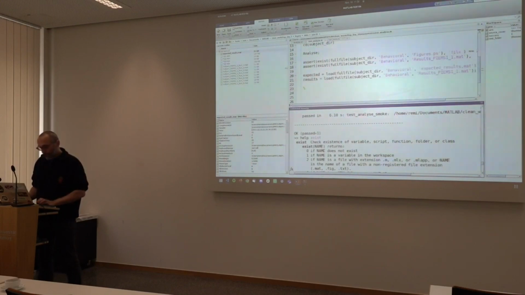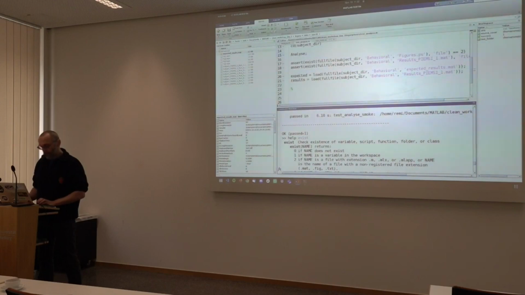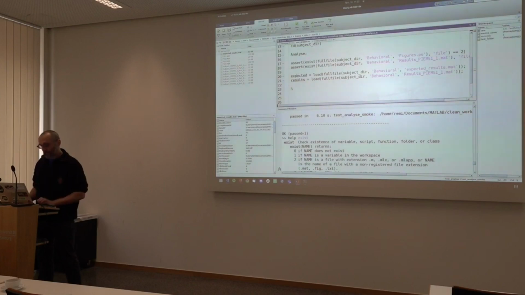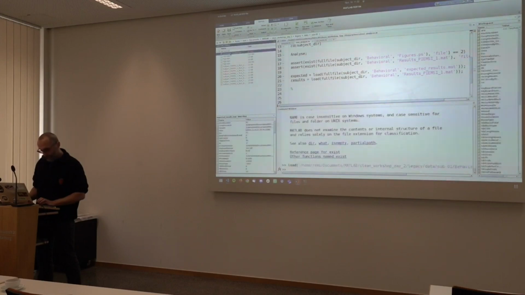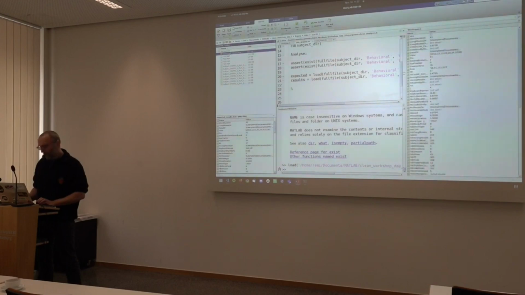Okay, there's one bit of a problem with doing this. It's a good idea to check the content of those two things, but if you load this thing, you realize that it has a bazillion values in it, right?